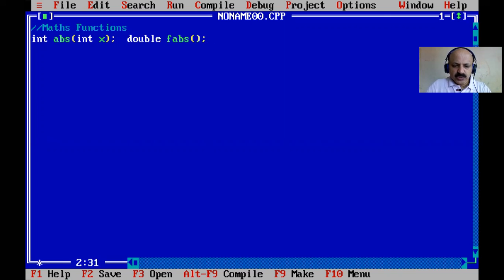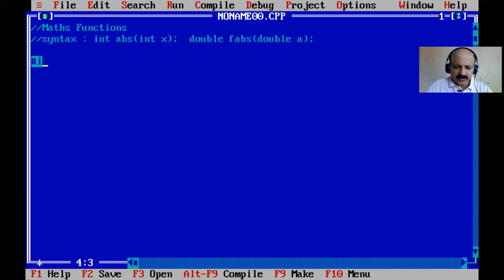Here we can pass a double value in the parentheses, like a or x. Here I write a comment line, and this is known as the syntax. You have to know the syntax very well.